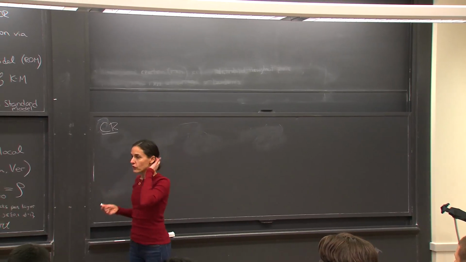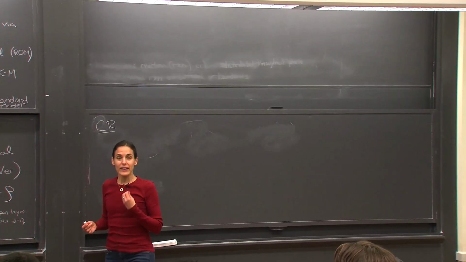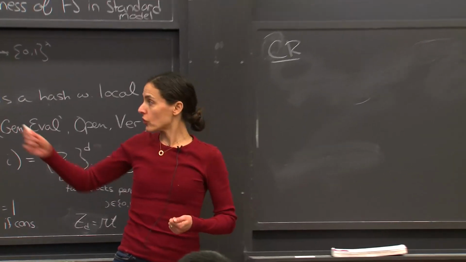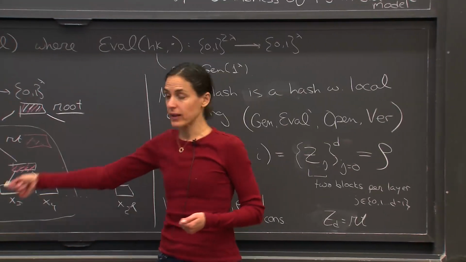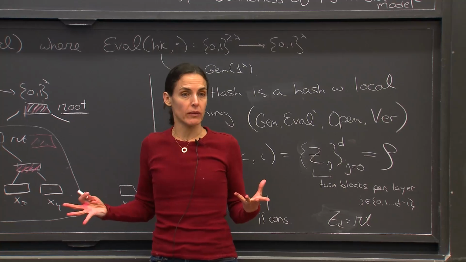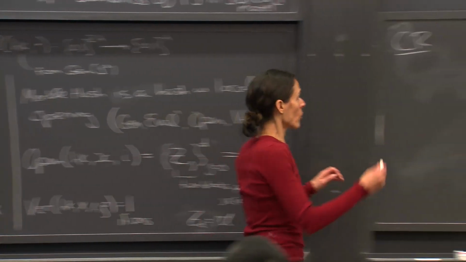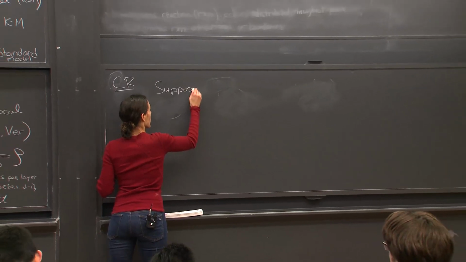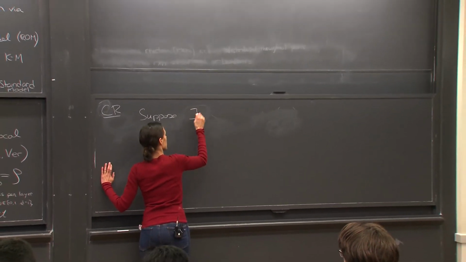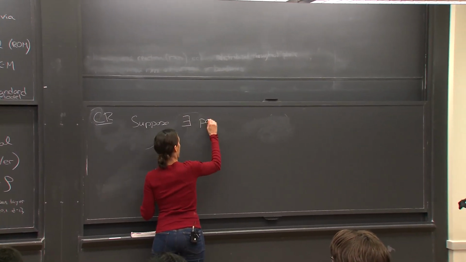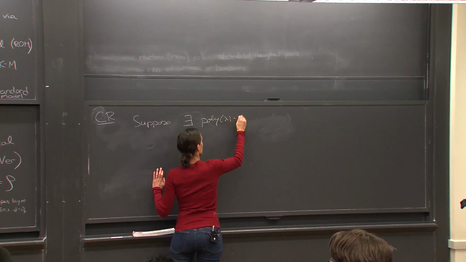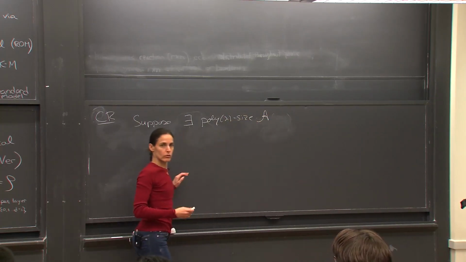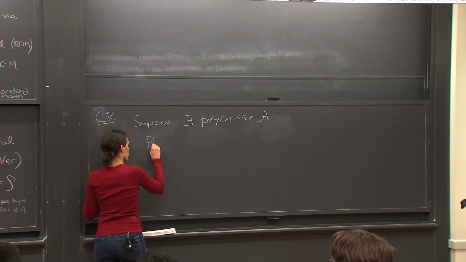To prove collision resistance, what do we want to argue? That an adversary that's given a hash key cannot produce a hash value, namely root and D, with 2 different openings. Okay? So suppose there exists a poly-size adversary that does find a collision, such that the probability